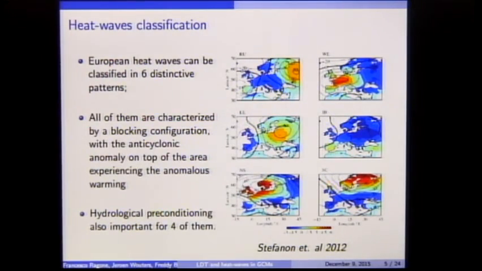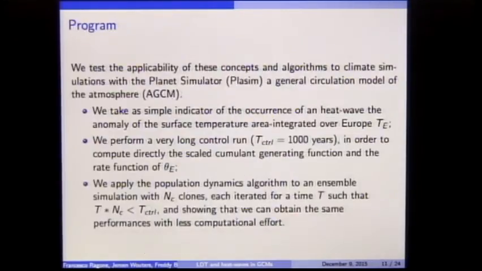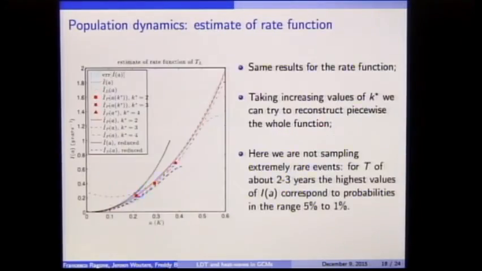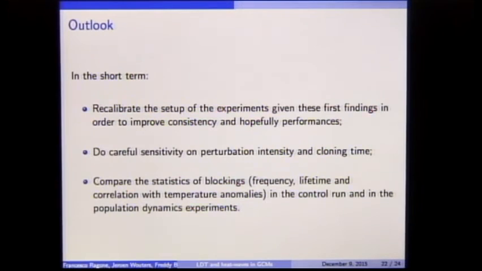And heat waves and composite average over the heat waves look like this. So qualitatively, the pattern is very similar. So it seems that I'm getting the right dynamics to increase, let's say, the probability of having large fluctuations of the control variable. So what to do next? In the short term, doing sensitivity, essentially. Okay? Recalibrate better which control variable I take and do sensitivity on the parameters of the model.